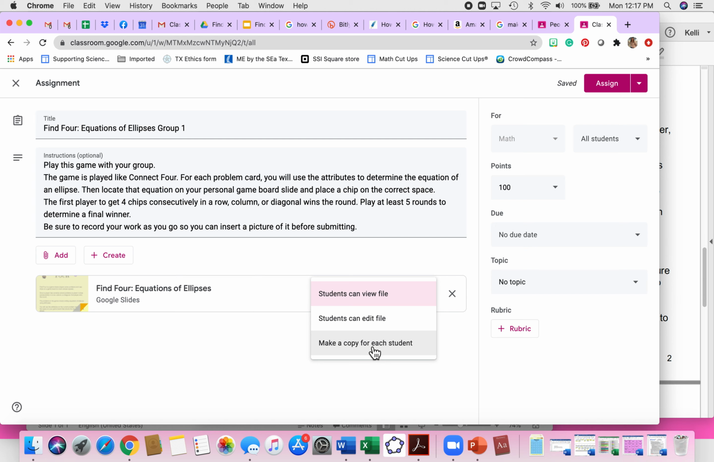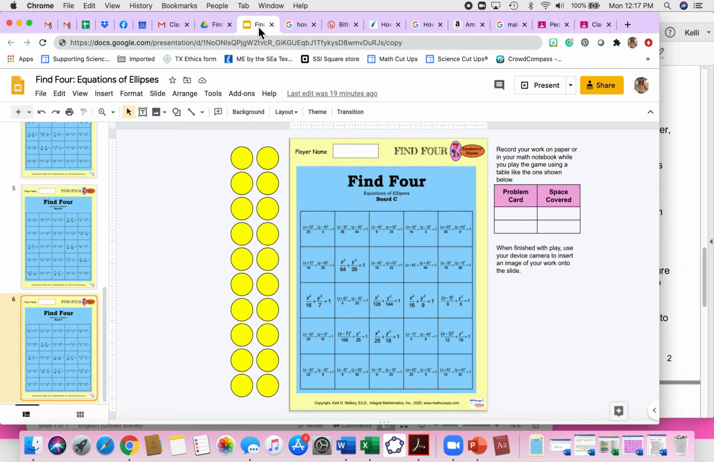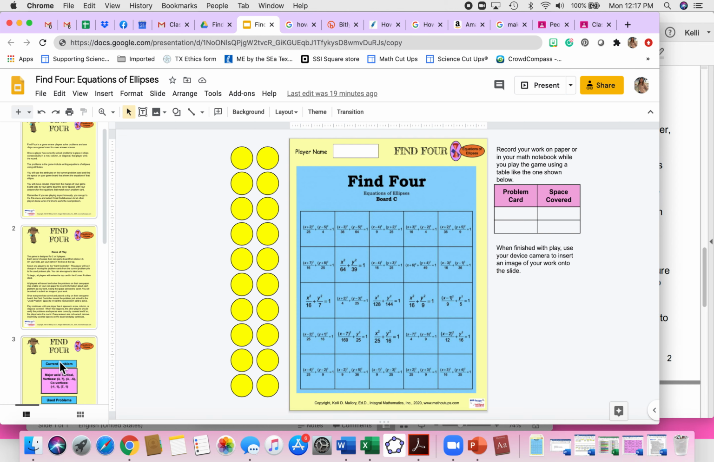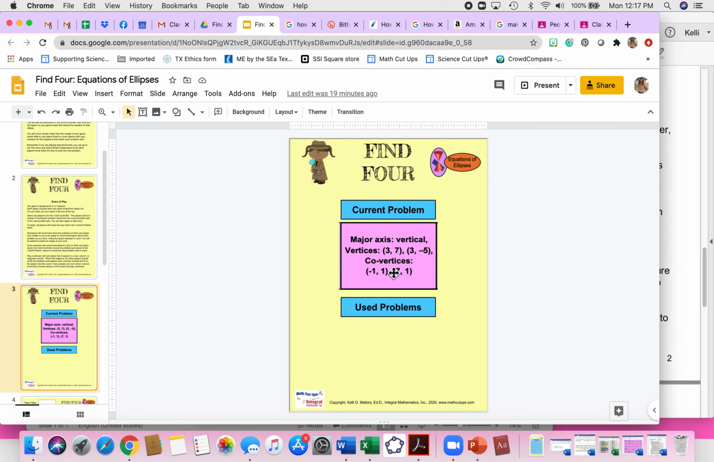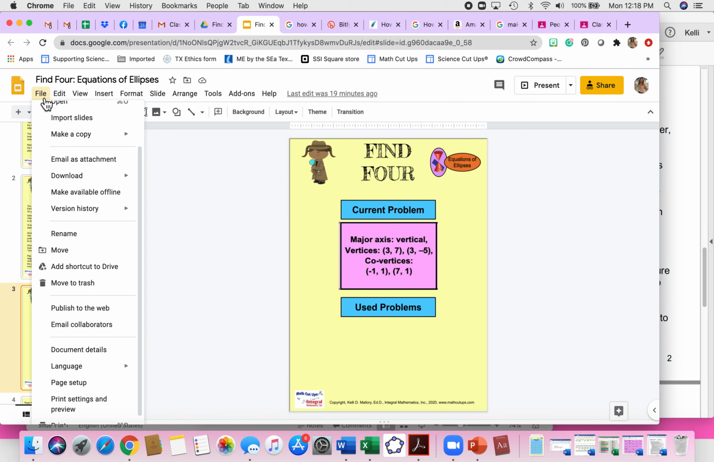And when they're playing asynchronously, they can just take turns and do it on their own time, and then they can email each other to let each other know when it's time to go. For example, if I'm in the file and I'm playing, and here's our current problem card, and we're trying to solve this and find the equation, then I can, when I'm done,